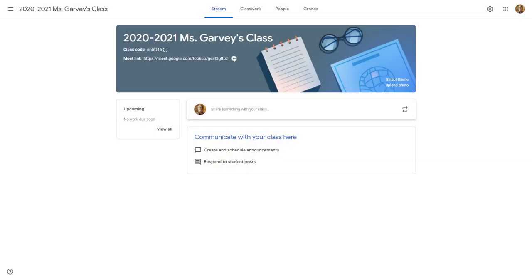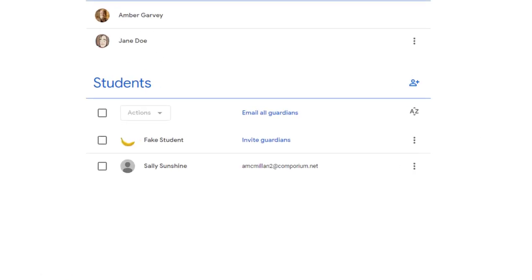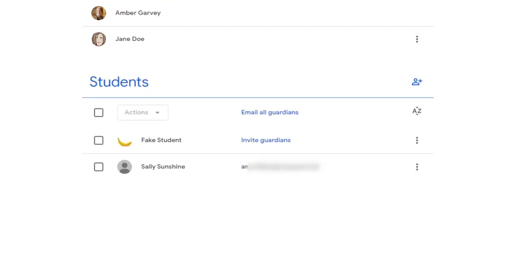Once you've added students into your class, you have the ability to invite guardians. They have limited participation in your class in that they only receive updates about what's going on in classroom. They don't actually get access to classroom itself. In order to add a guardian, you'll want to go to the People tab, and next to your students, you